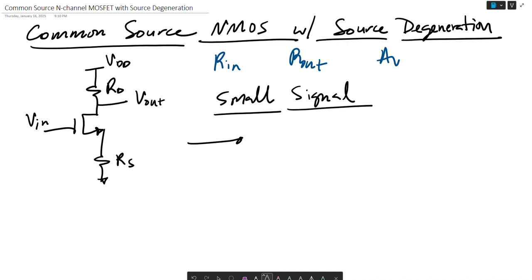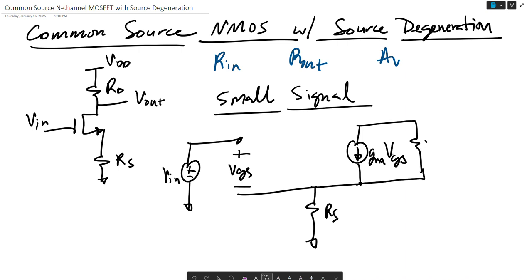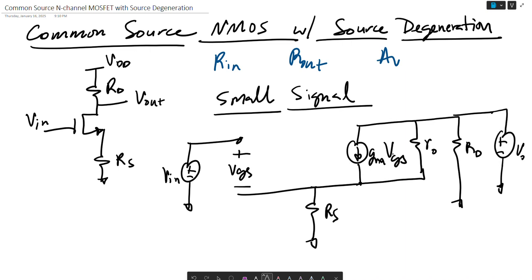And what it looks like is something like this, where we have Vin and there's VGS here, and there's an RS connected to ground, and we multiply the transconductance by the voltage VGS, and that's in parallel with RO. That goes to RD, and we also have a voltage Vout here,